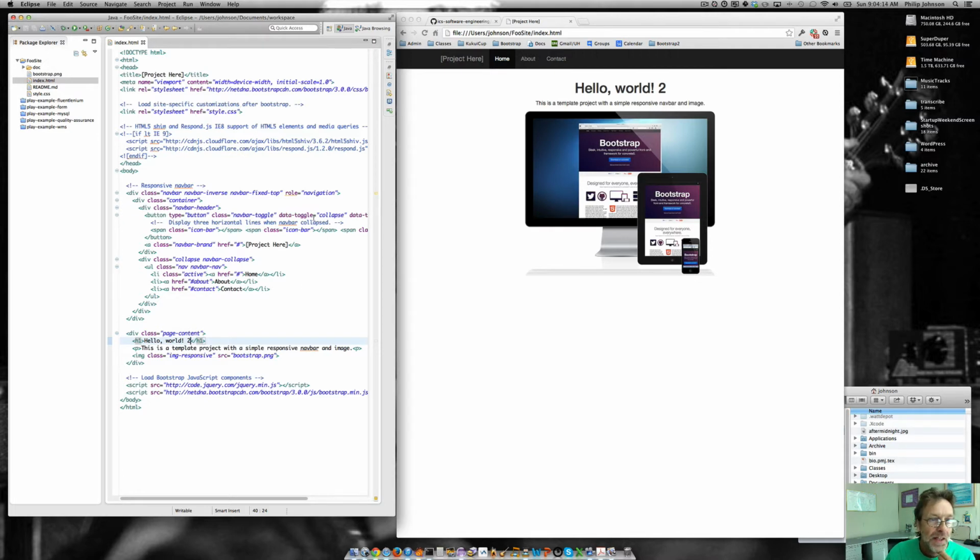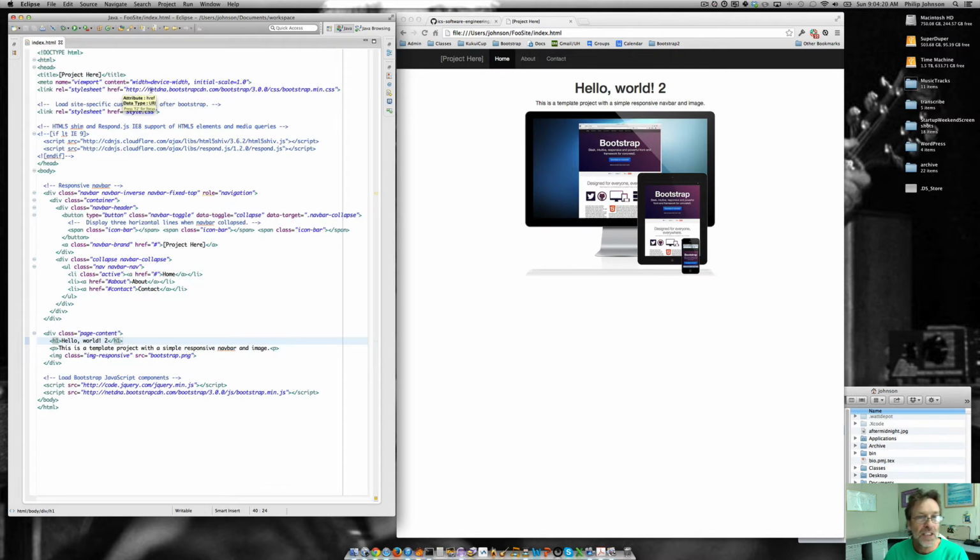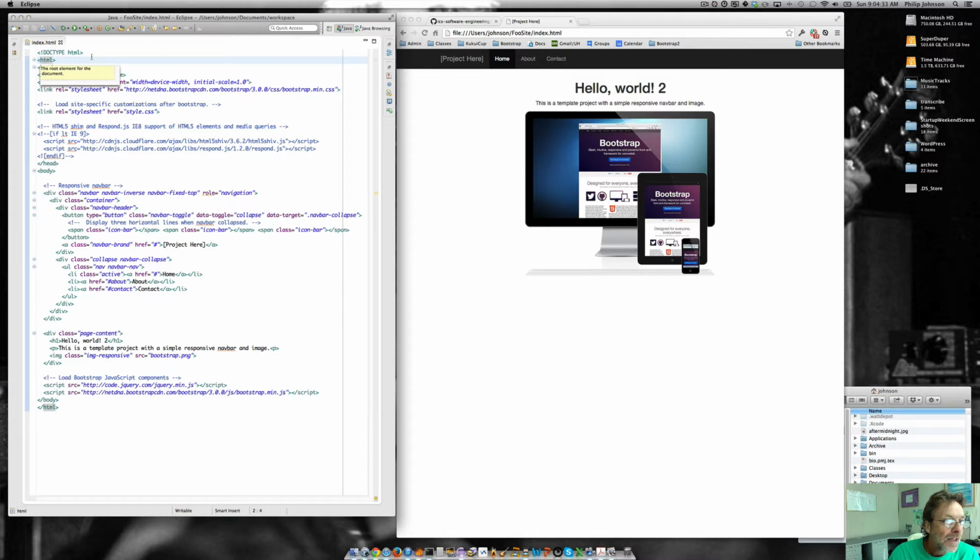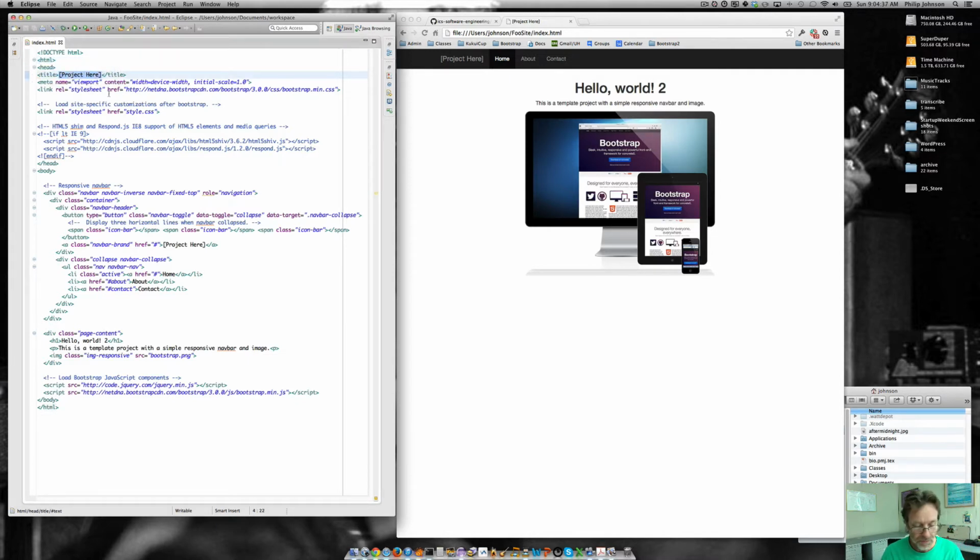Having done that, I think it's useful to spend a couple of minutes just looking at this code and seeing what we have here. This is the very simple, basic Bootstrap template file. We've got the HTML5 doc type. We start with HTML, then we have the head, and this is something you're going to want to edit to be, say, Foo site. Save it out, and now you can see up here in the title bar we've got Foo site, or maybe we'd say